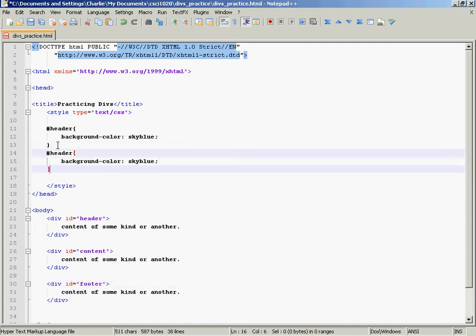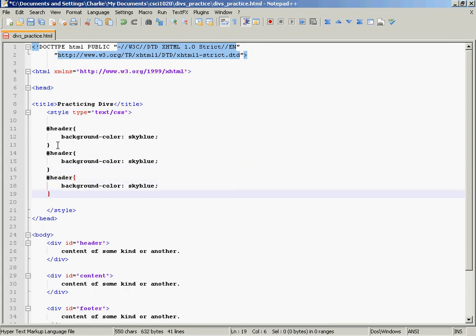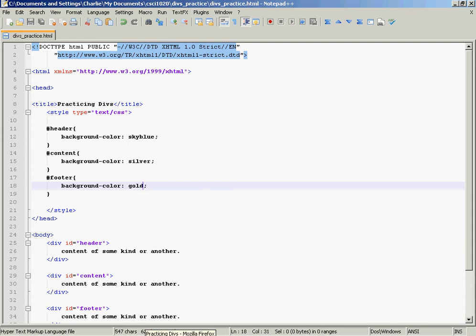Copy this, paste it, change these to content and footer. And I'm going to start by changing the colors of each one. I'm going to make this one silver, and I'm going to make this one gold. Okay. If I save it,